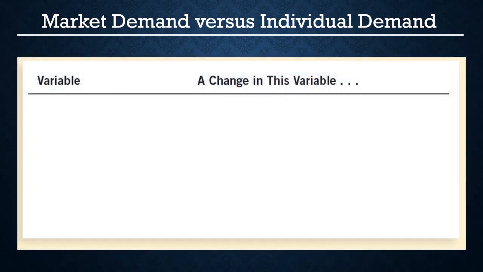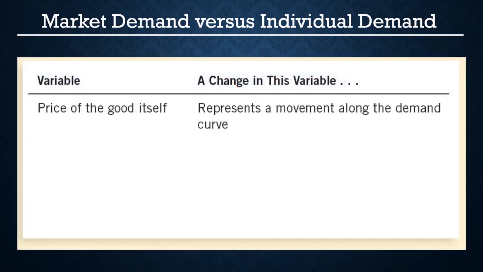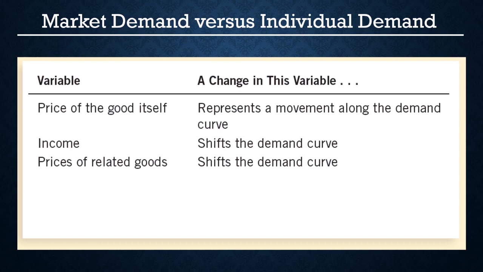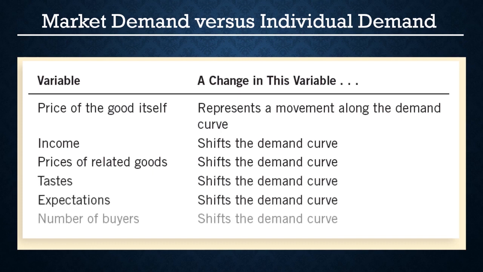Based on what has been shared, you've probably figured out that demand can change or shift due to all sorts of different variables. For example, it could be income, the price of related goods, tastes, expectations, or the number of buyers. So let's take a look at each of these things individually. We'll start with